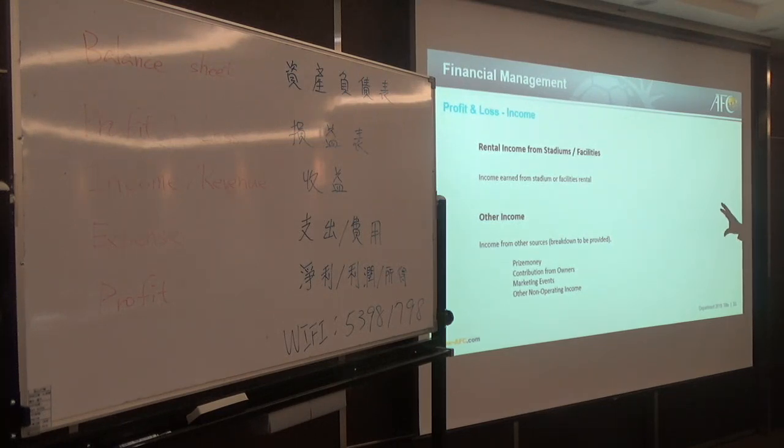And then there's other income which when you enter the data, it needs to be broken down. But examples of that are prize money. So for winning the competition or competing in the AFC Cup, any contribution from the owners, any marketing events that you make money on, or any other general. 那当然最后的话就是其他项目的收入，包含比如说比赛奖金啊，或是球队老板啊自己本身贡献的一些费用啊，或者是一些行销活动所产生的收入，这都算其他收入。